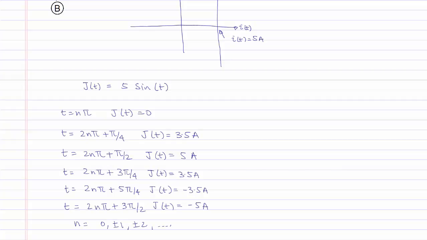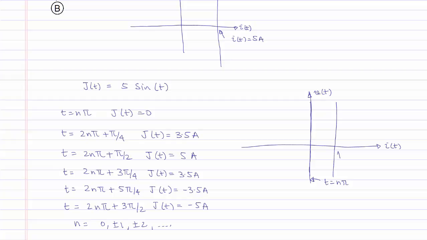If we were to plot this characteristics on a graph, the value of the source is changing with time, and at t equal to 0 or n pi, the value is coinciding with the y-axis or the vertical axis. We will denote this as the characteristics at t equal to n pi. At t equal to 2n pi plus pi by 4, it has a positive 3.5 amperes, again a vertical line